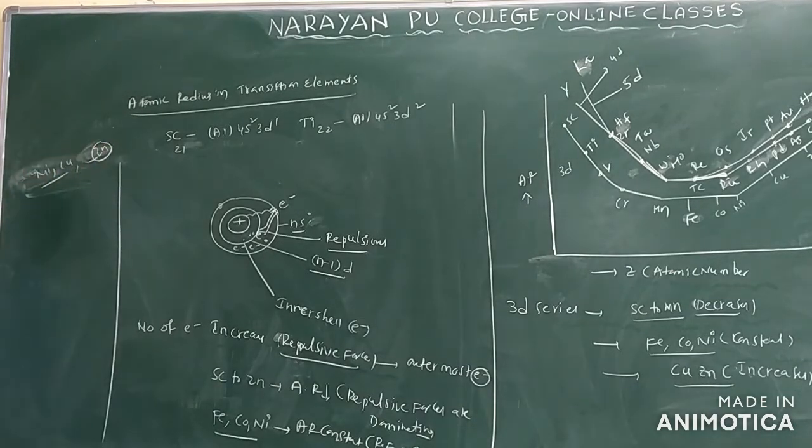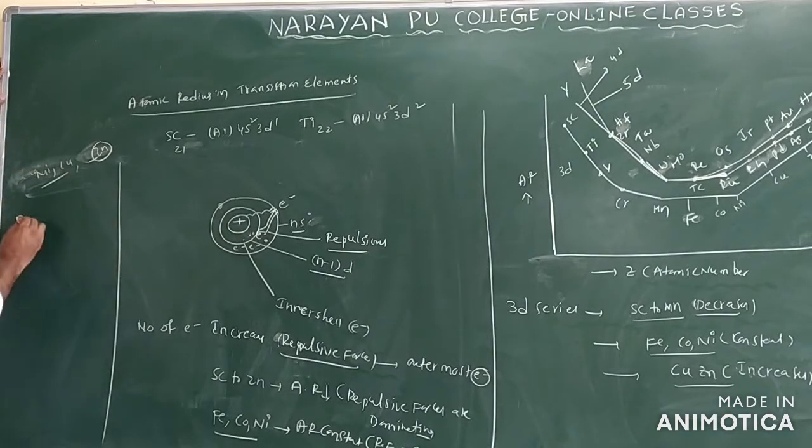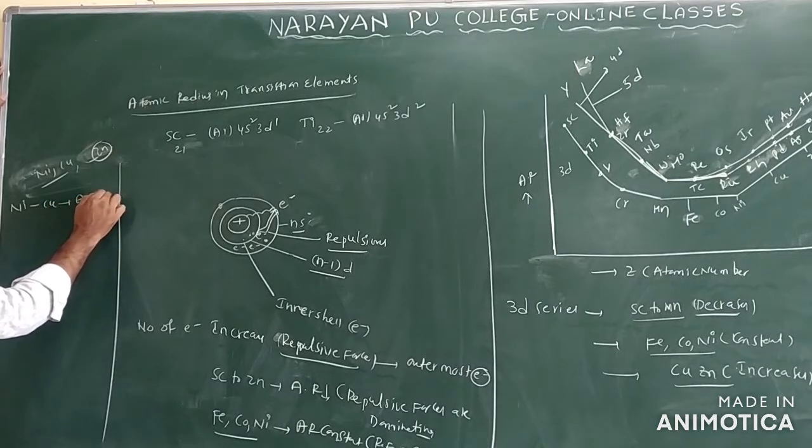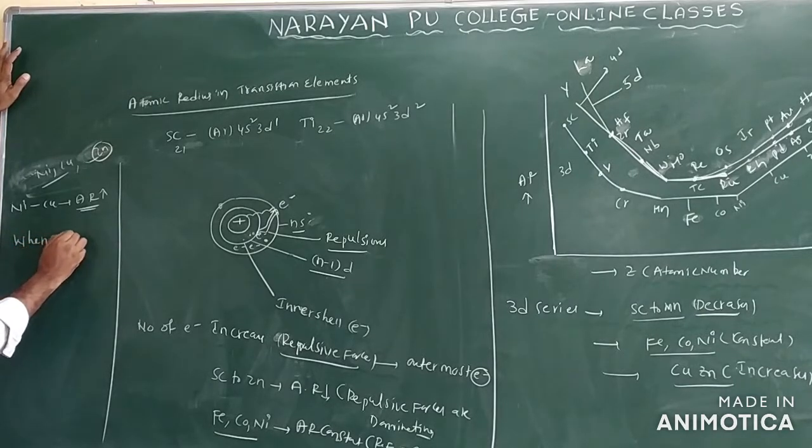From nickel to copper, what happened here? The atomic radius increases. From nickel to copper, the atomic radius increases only. Why? Because of high repulsions, when the repulsive forces are more than the attractive forces only. When the n minus 1 d electrons have high repulsions,